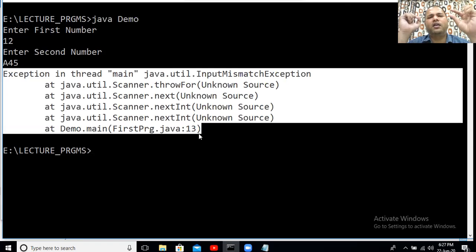So all the errors that occur in your program during compilation are shown to you by compiler only, and those errors are known as compile time errors. And obviously those errors are always concerned with the syntax of the language, with the grammar of the language being used. Whereas in this particular scenario, where our program had compiled successfully, but now when we are executing our program, due to wrong input provided by the user in our program, we are facing an issue here.